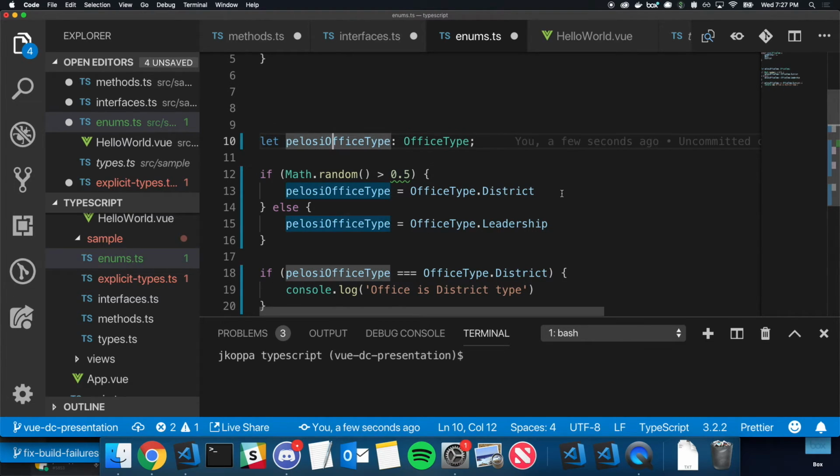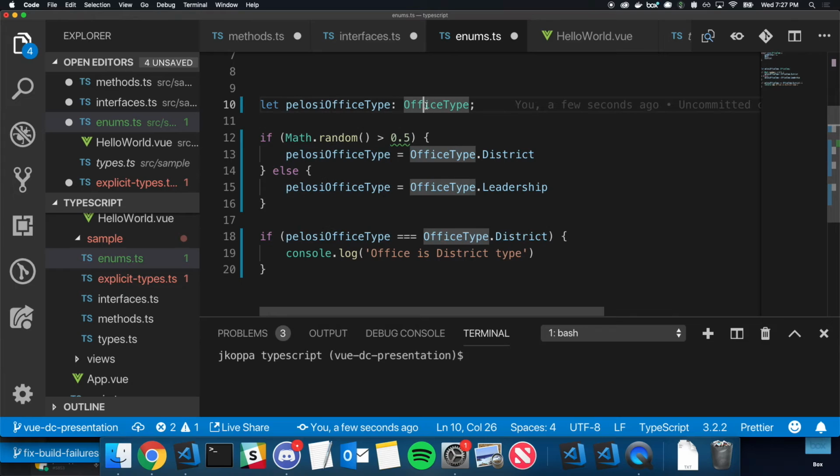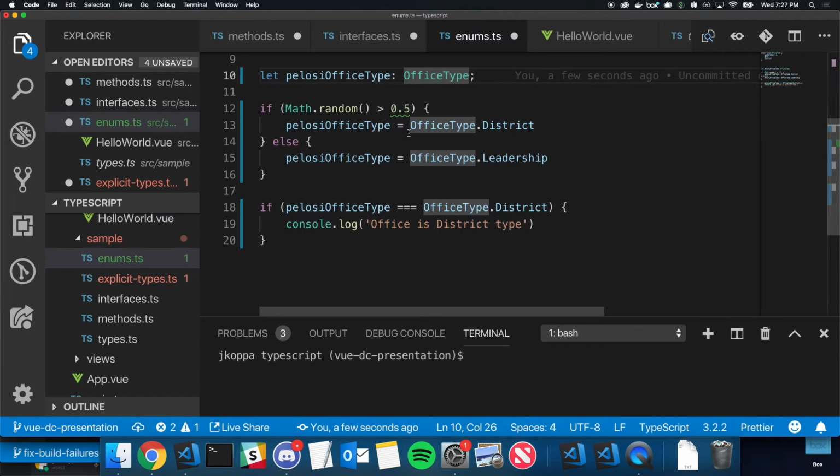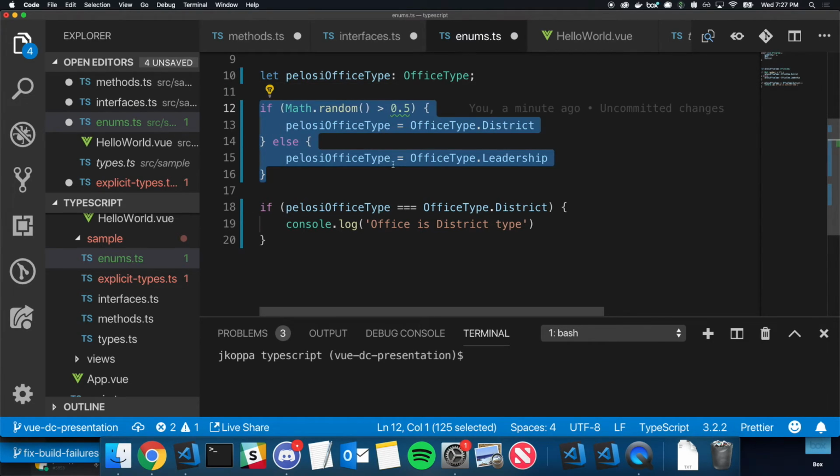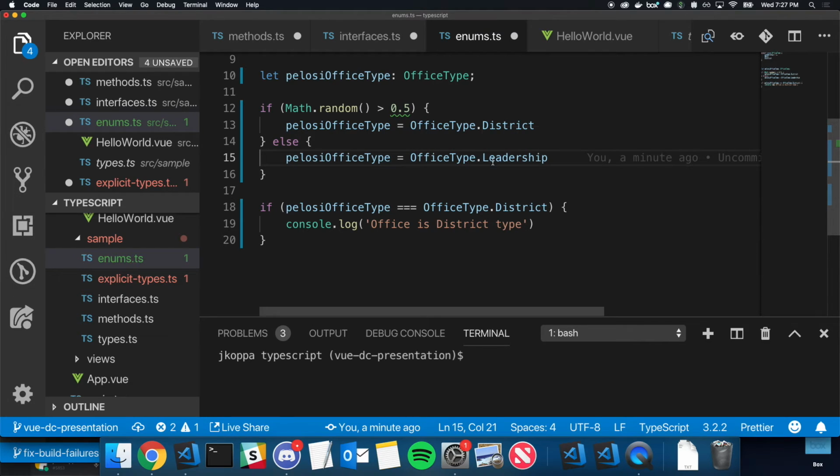So I have Pelosi's office type, I'm saying it has to be of this enum. And then here, I'm just going to set it. Because it's random, we don't know which one it's going to be. And then down here, we're going to log which one it is. And so normally, this would look something like